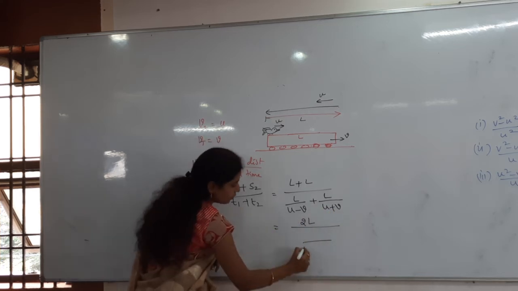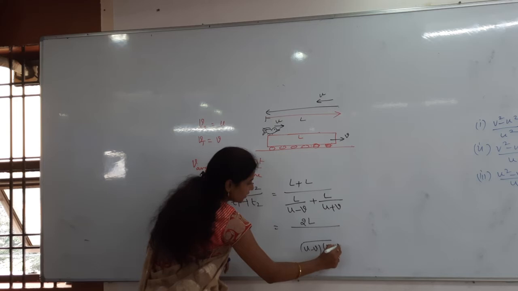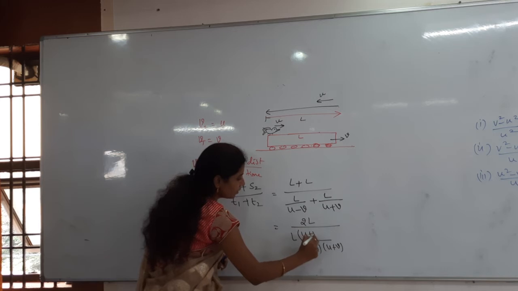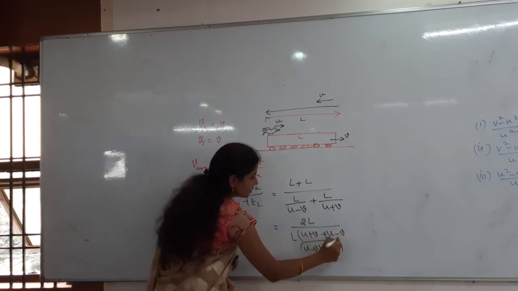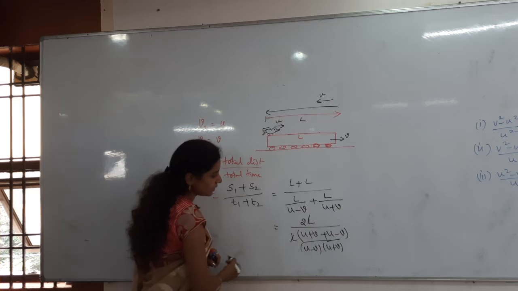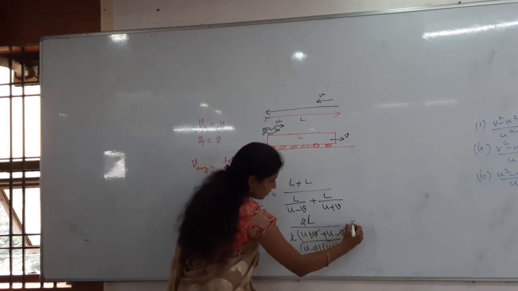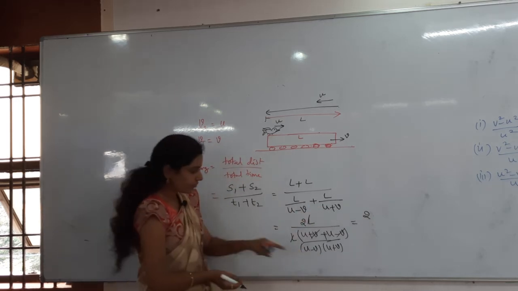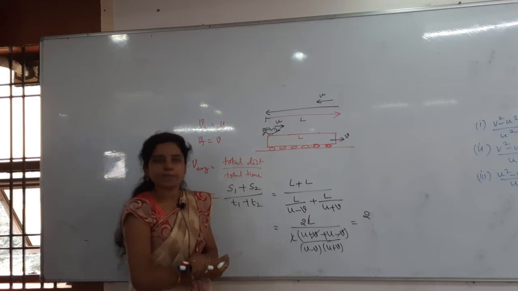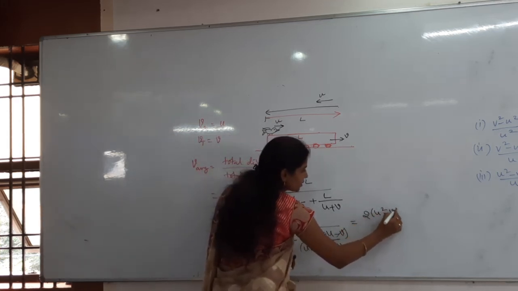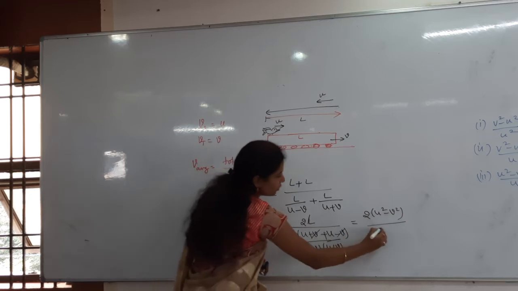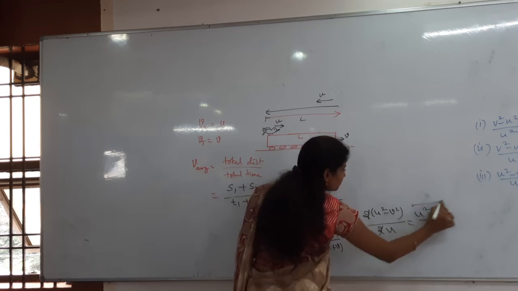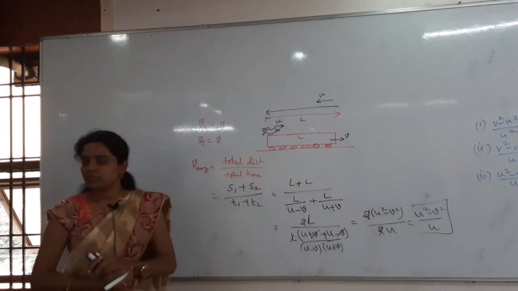I will take U minus V into U plus V as the LCM. Then I will take L as common. Then what is remaining inside? U plus V plus U minus V. Then L gets cancelled here. Then V gets cancelled. What is remaining here? 2U, it is going upwards. Then U minus V into U plus V, what is the formula? U square minus V square. U square minus V square by what is remaining in the down? 2U is remaining. Then U gets cancelled. U square minus V square by U. That's the answer. Everybody understood, right?